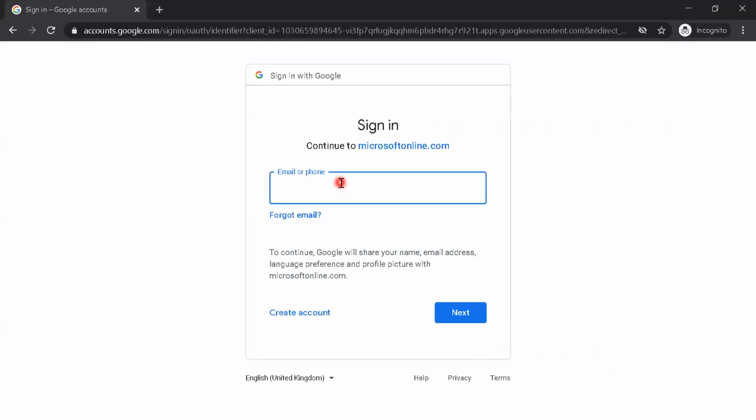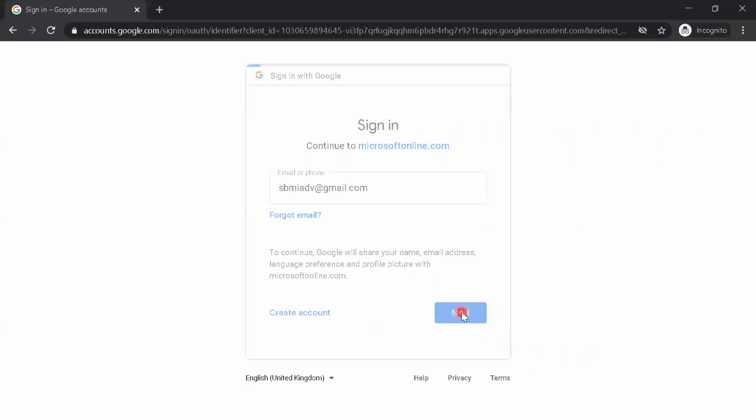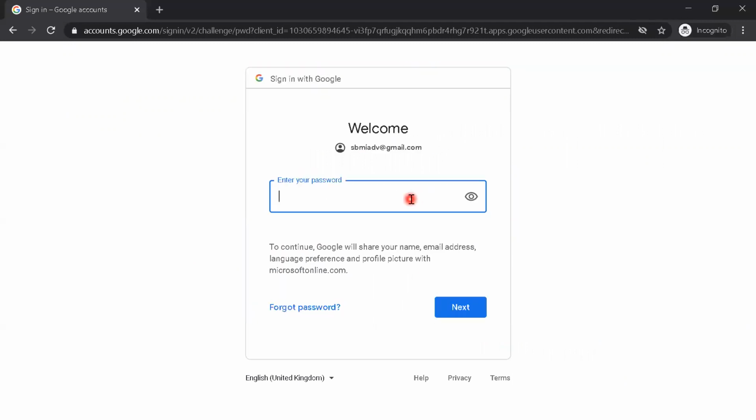Now you will type the username and password of your Google account, adv@gmail.com. This is my Google account. Next, and you will type the password.